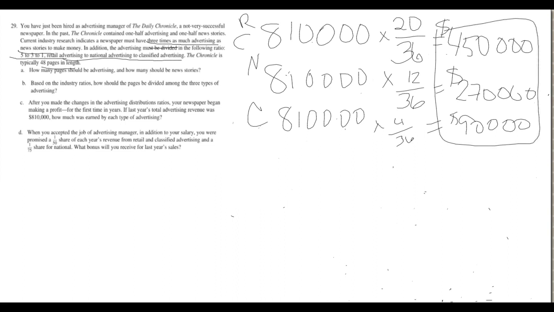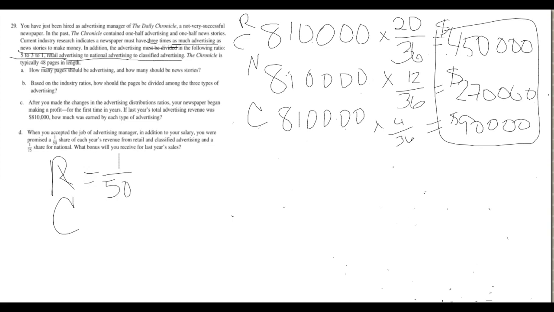D says when you accepted the job of advertising manager, in addition to your salary, you were promised a 1/50th share of each year's revenue from retail and classified advertising and 1/75th share for national. So what bonus will you receive for last year's sales? So basically we're just going to take these numbers that we found here, 450,000, 270,000, 90,000, and we're going to multiply it times the amount of share that you get of that. So for retail, it says retail and classified, you get